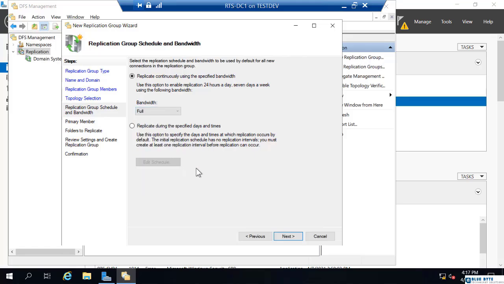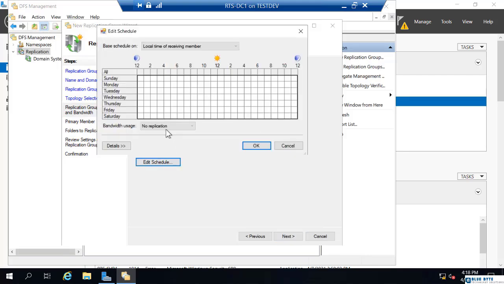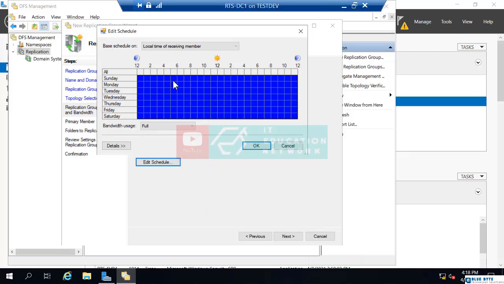Now, what most environments want to do is replicate using less bandwidth, maybe during high peak work hours, replicate using more bandwidth during non-work hours. So I could customize this and say replicate during the specified days and times. You can have this replicate at different bandwidth amounts every 15 minutes. So if I edit my schedule, you'll see right now I could say full replication, 24 hours a day. But maybe